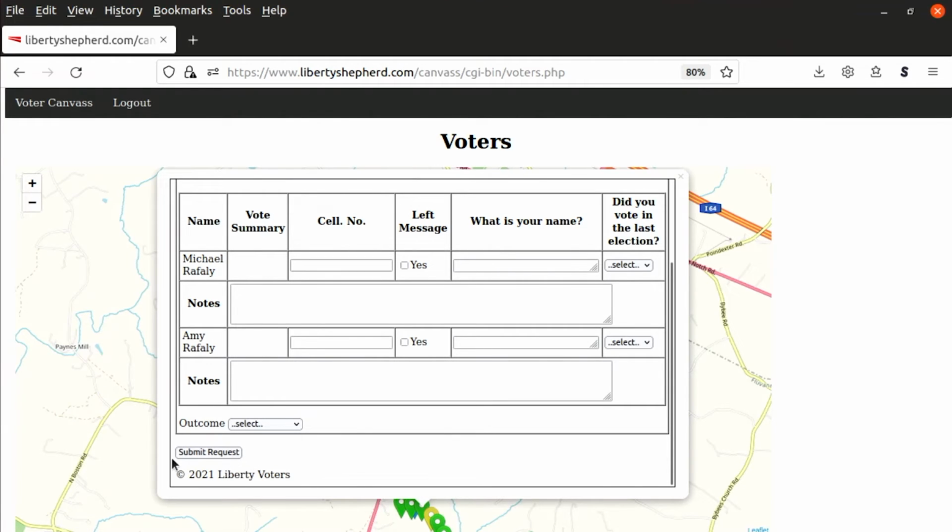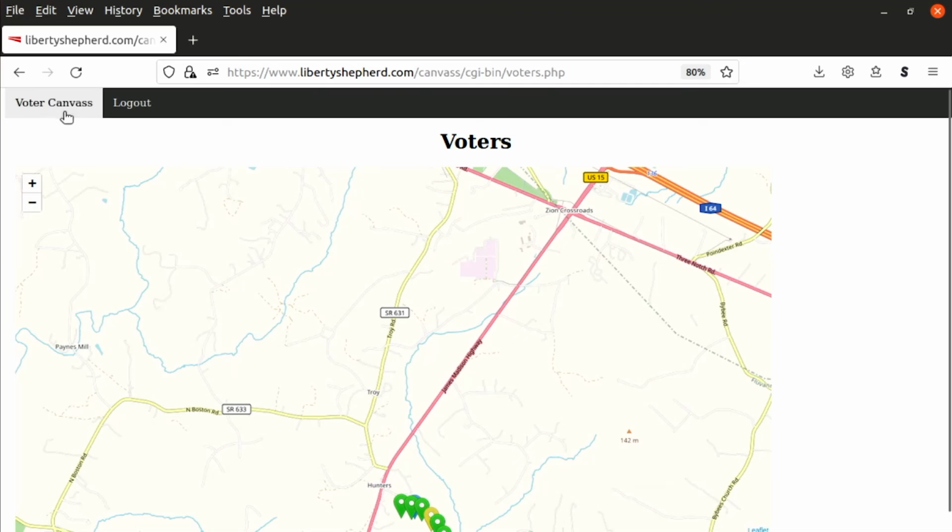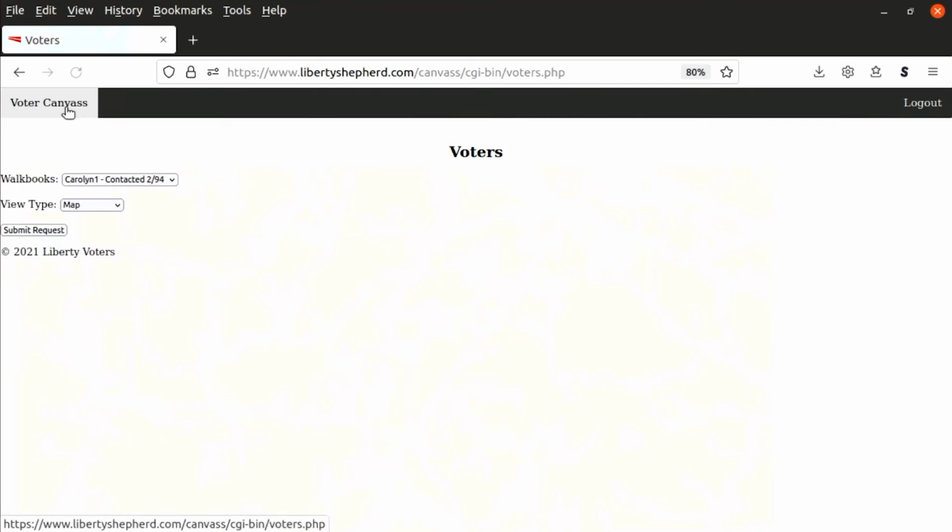Once you're finished, you hit submit request, and it will store that information and then color the pin accordingly that you actually spoke to the person. So that's how you would do it from a map view to actually go through and store all the information for the voters. If we go back to the voter canvas, if you look at the voter list,